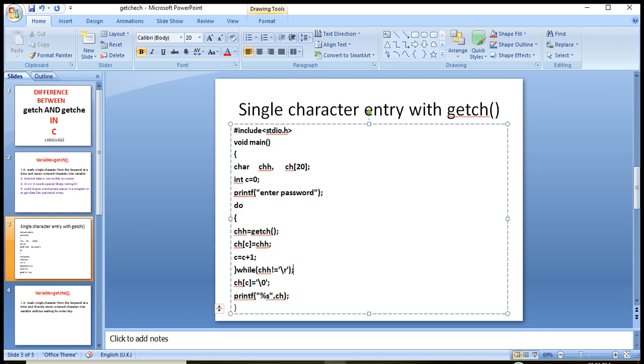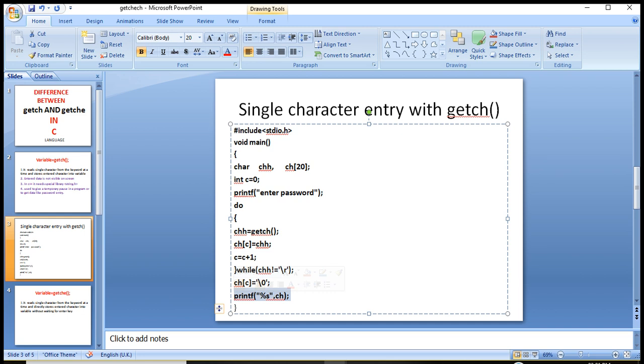While making entries, pressed characters will not appear. But at the end of this program, I have printed the data kept in the ch array. printf %s, ch is the array. It will print all the characters pressed by you.